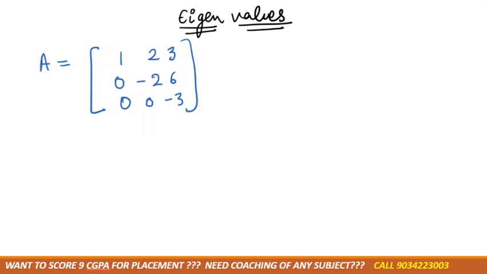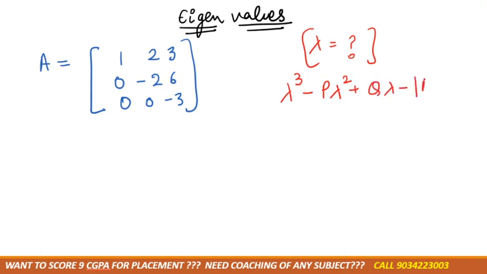Now to calculate the eigenvalues, we need to calculate the value of lambda. Now see what lambda is. We'll have the standard equation: lambda cube minus p lambda square plus q lambda minus determinant of A is equal to 0. We need to put in all the values p, q and A, then we'll be able to solve for lambda. Note down this formula. Now you should know what p is basically. Okay, p is the sum of diagonals